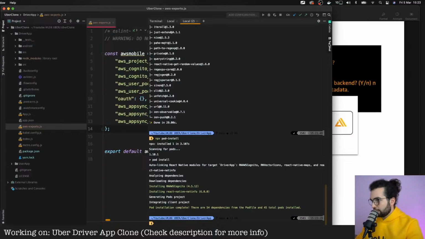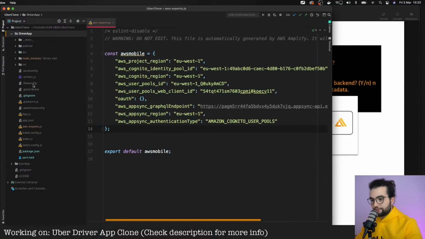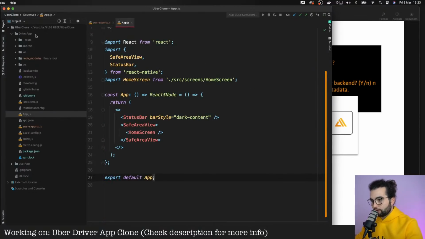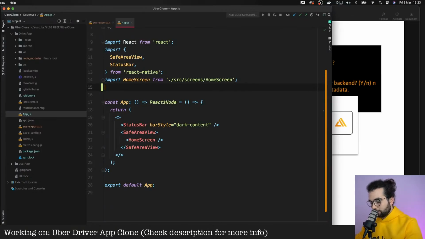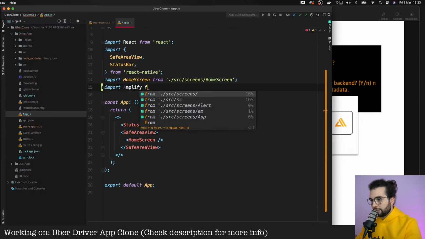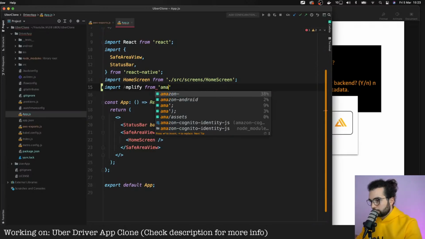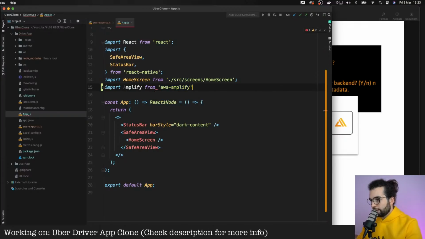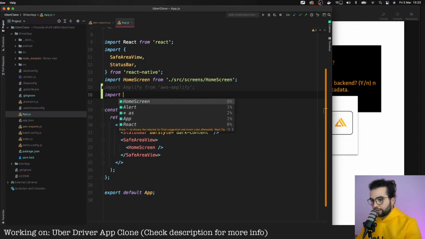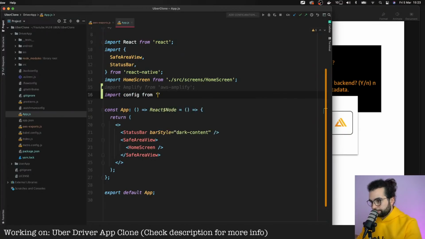The next step is to configure our driver application. For that, we're gonna open App.js in the driver app folder. And here on top, we will import Amplify from aws-amplify. We're gonna import the AWS exports, the config that was generated, from this folder aws-exports.